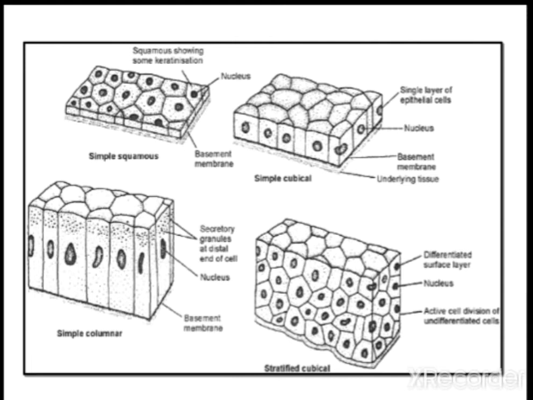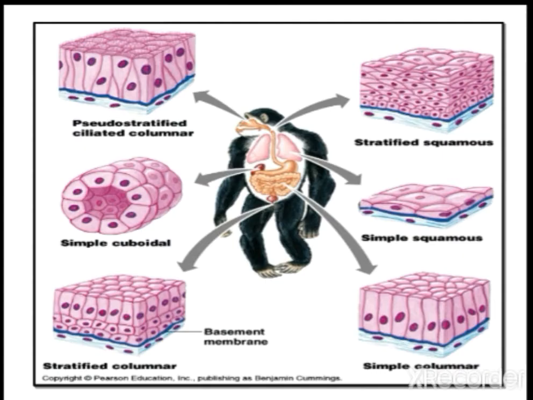All the epithelium, whatever epithelium it is, maybe squamous or cuboidal or columnar, is present above a membrane called the basement membrane, that is the underlying tissue. On that they will be arranged. All the cells will be touching the basement membrane. When you observe stratified, the base cells will be touching, and the other cells are seen one upon another. Sometimes the upper cells can be dead cells also in the case of stratified epithelium.